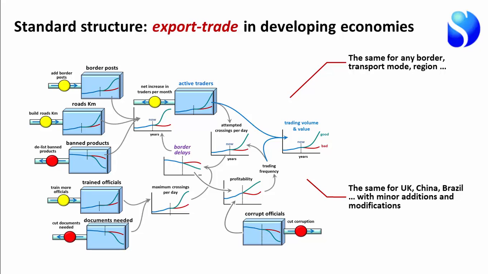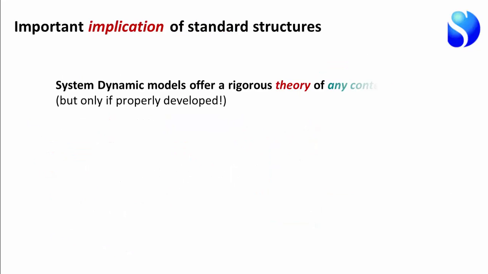In developed economies, we've largely managed to eliminate this part of the problem, and we've worked very hard to reduce that part. But the fundamental structure is essentially the same. Probably at this point, I think I need to defer to people who are better theoreticians than me, but it does occur to me that I wonder if we've been underselling what we've got, actually, in system dynamics. Because it seems to me that a properly developed system dynamics model actually is a theory of the context that it is built to deal with.